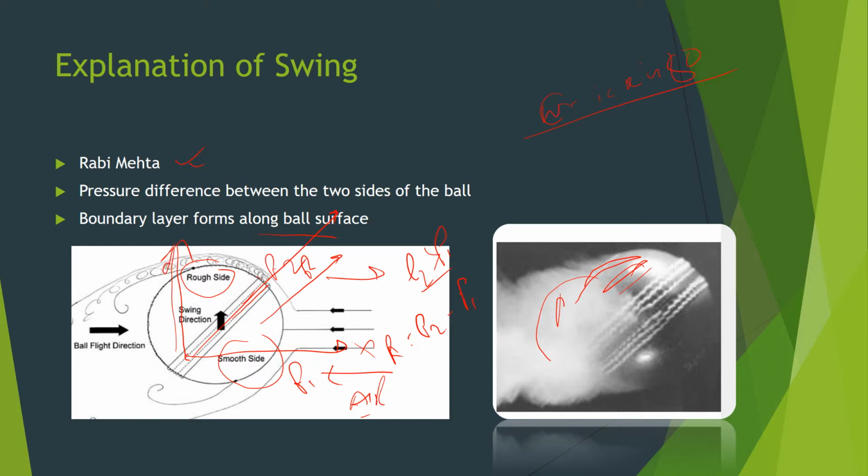That means if you point the seam towards the slip fielder direction, the ball will normally travel in the outswinger direction. If you point the seam in the downward direction, then the ball will go inside, towards the fine leg direction, and that is your inswinger. And if you point the seam towards the outer direction, that means the slip fielder direction, then that will be the outswinger. Okay.